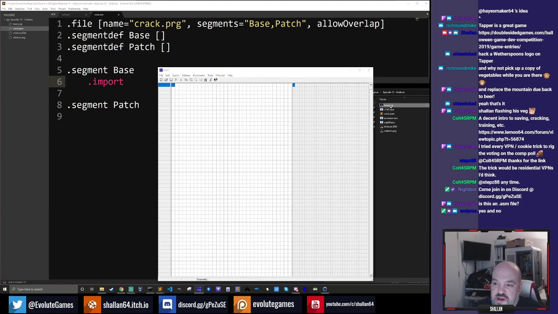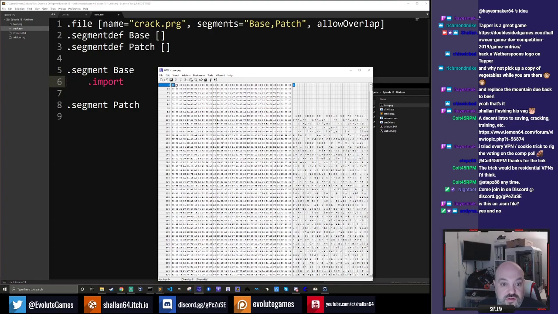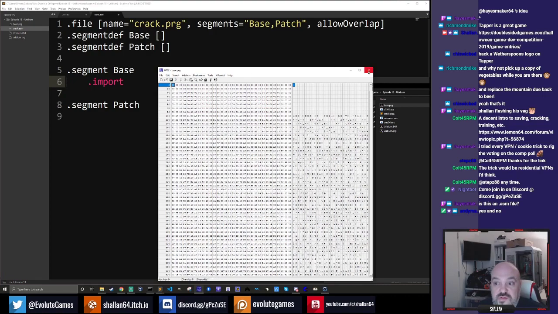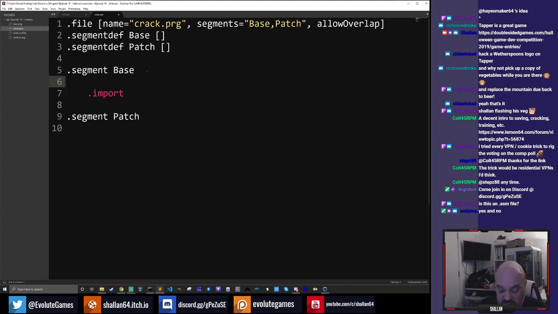So what I'll do is I'll take base PRG, drop it into a hex editor, and delete those first 2 bytes. A PRG file is essentially just a long binary file with 2 extra bytes at the beginning which tell it where to load. So we know that this is going to load in at 0800 because that's what the bytes I've just taken out say, and then we can just import binary